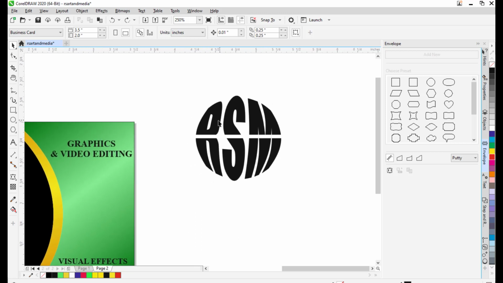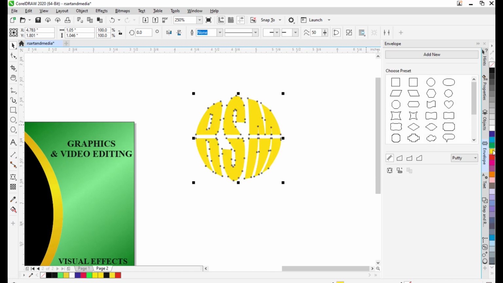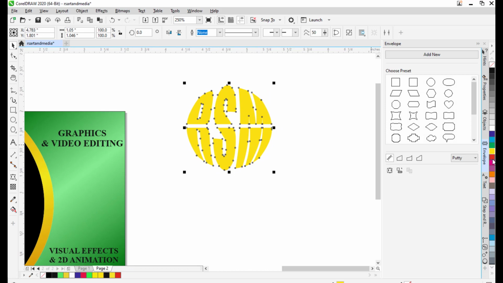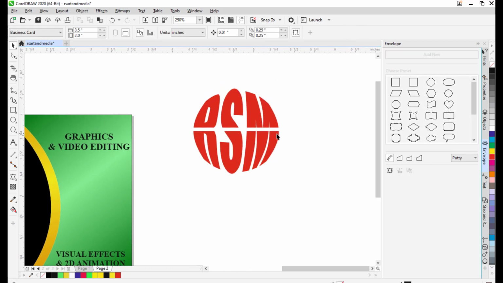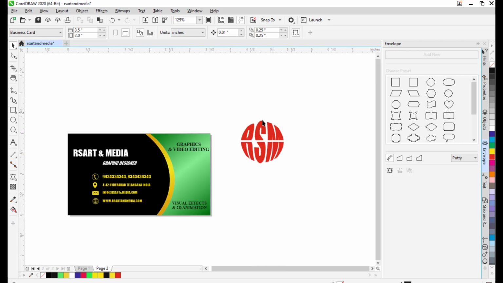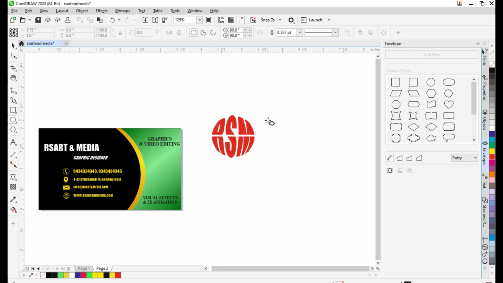We'll keep it like this only. We'll just give it some color here, a different color. Okay, red is better, right? Then what we'll do is we will just keep our ellipse around our logo. Just keep it like this,